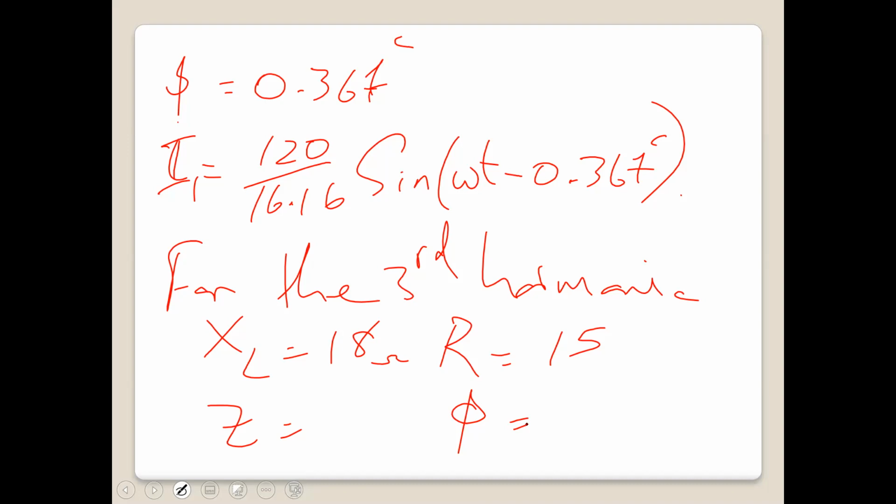So that is 23.43. And phi? 0.876. So it means therefore that for I3